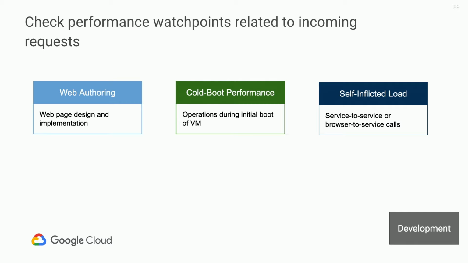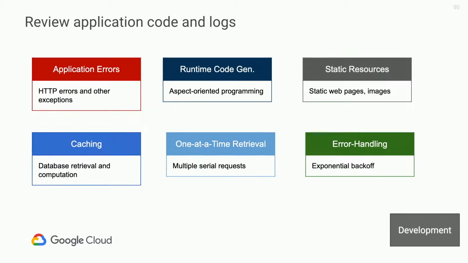Finally, we should look at self-inflicted load. That is something like your service-to-service calls, or too many AJAX requests. So these will help you to eliminate unnecessary processes that will cause potential performance issues. The final suggestion here in the development phase, there are six things here, is you should always check